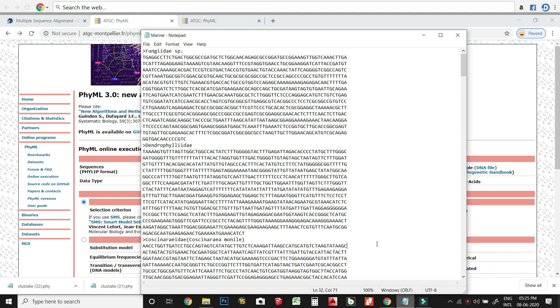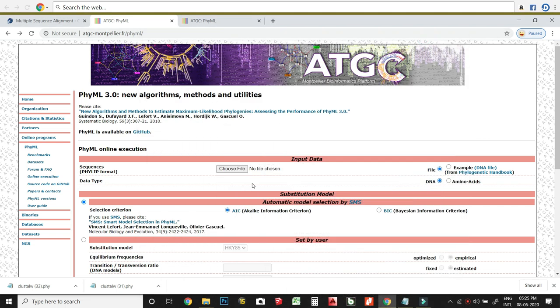For that I have taken 20 sequences of 20 different families of a marine animal which belongs to the same kingdom Animalia and order Scleractinia. Before that, the input data should be in a single text file containing 2 or more alignments of DNA or protein sequence in phylip, interleaved or sequential format.